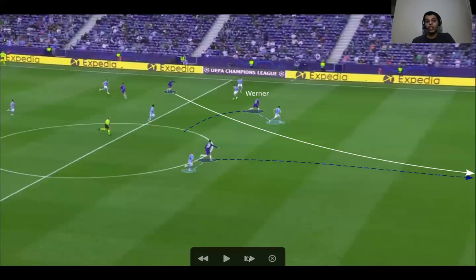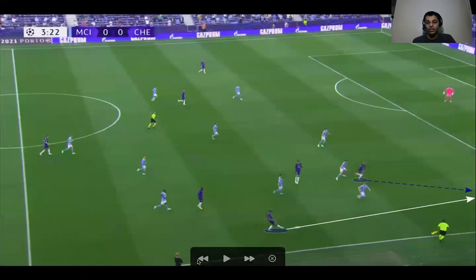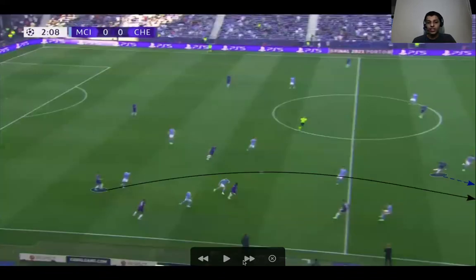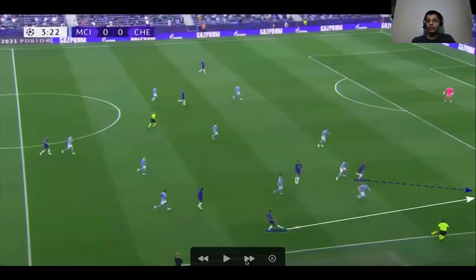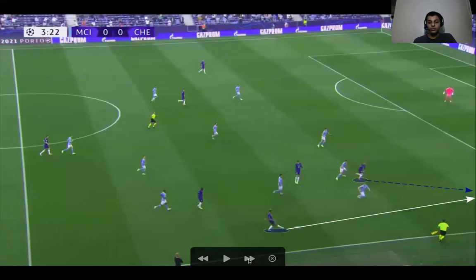And not just this for Werner. You look at his work rate, runs into the channel like these, chasing a lost cause like this, clearance effectively. This sort of work rate is why Tuchel keeps persisting with him even when he doesn't get goals. And you can't teach this or try and coach it into him. This sort of work rate is one of Timo Werner's characteristics, and that is why he keeps playing